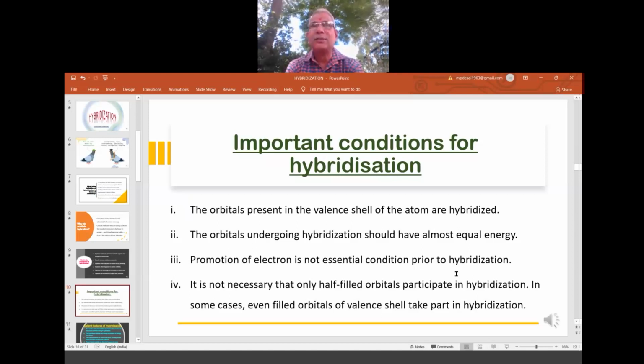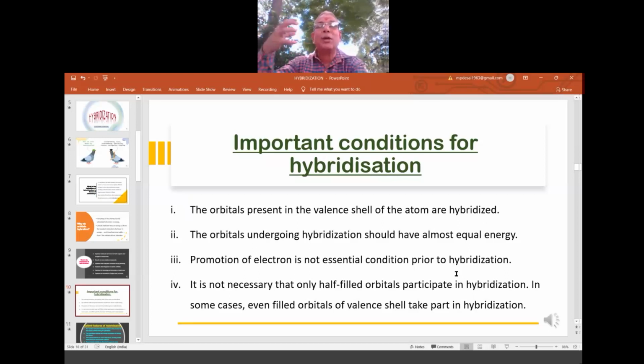Sometimes, using the valence electrons, we can go for the hybridization. In some cases, we don't get a sufficient number of unpaired, single electrons. So at that time, what will we do? We will promote. We will send inner electrons to the higher orbitals, a higher energy level. You go there, the empty space is there. So now you are paired, and you become unpaired. Why do you have to become unpaired? Because I want more unpaired electrons.